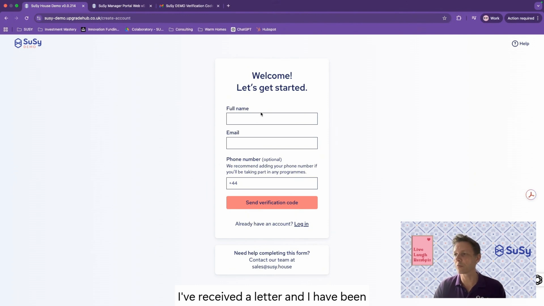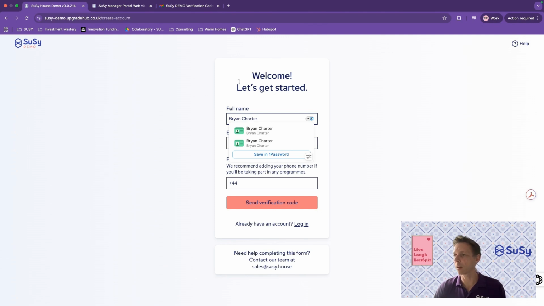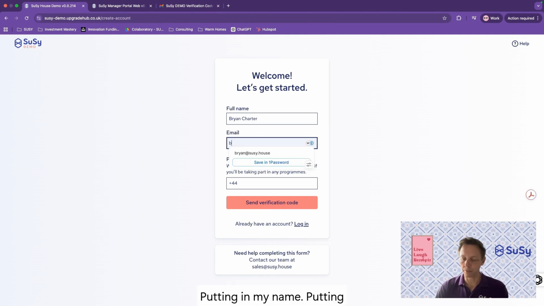So let's assume that I've received a letter, and I have been given a link within that, or a QR code, and I've been invited to set up my profile. It's as simple as putting in my name and an email.